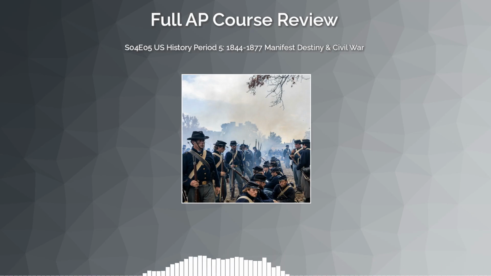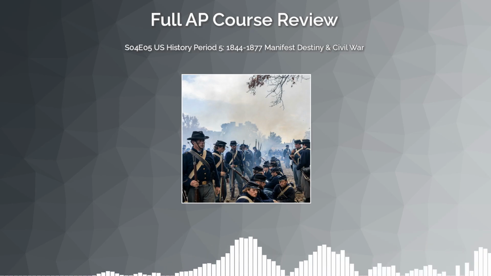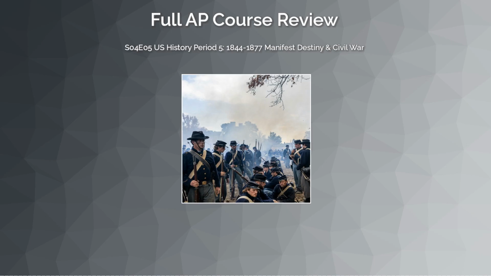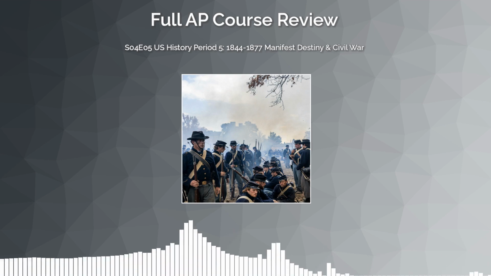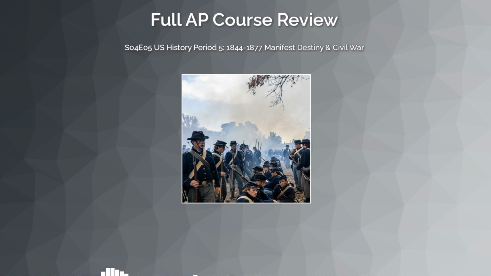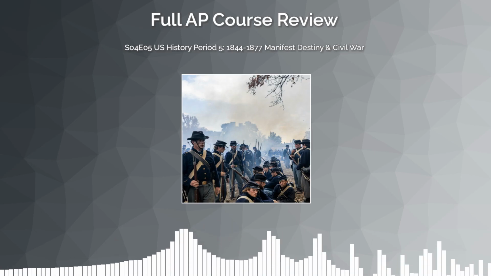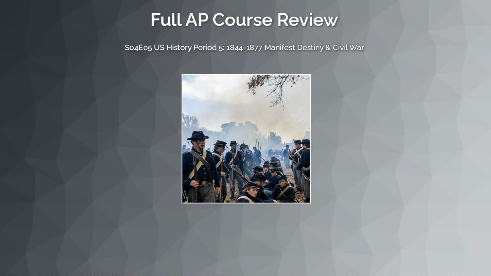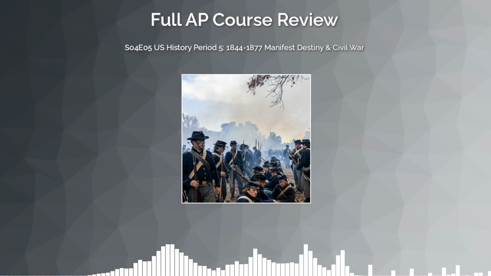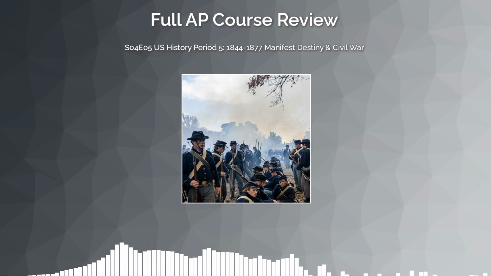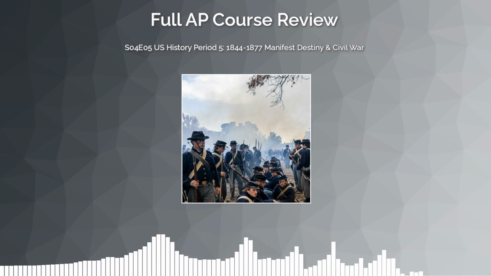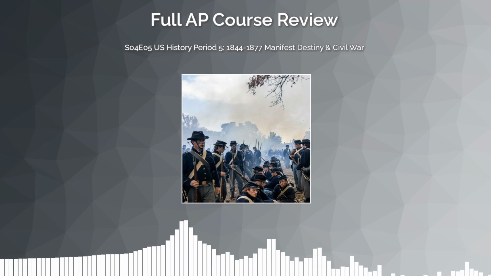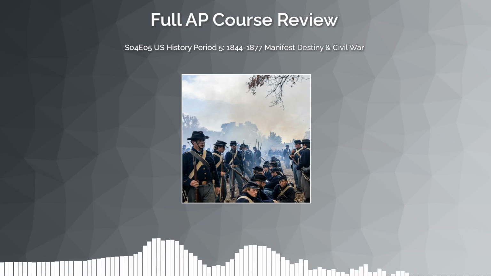Third, the National Banking Acts of 1863 and 1864 created a system of federally chartered banks and a uniform national currency. Before this, individual state banks printed their own money. Imagine going shopping and having to figure out if the bill in your hand from some random Ohio bank was actually worth anything. The National Banking Act brought order to that chaos and centralized financial power in Washington. This is a huge deal on the AP exam because it represents a massive expansion of federal authority over economic life.